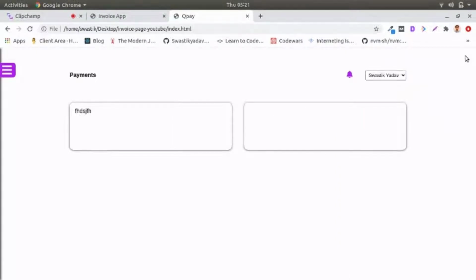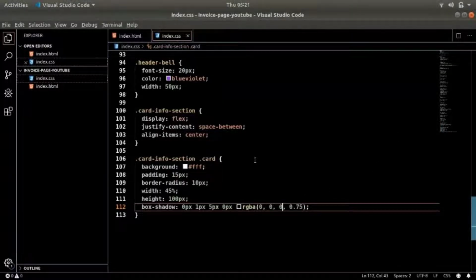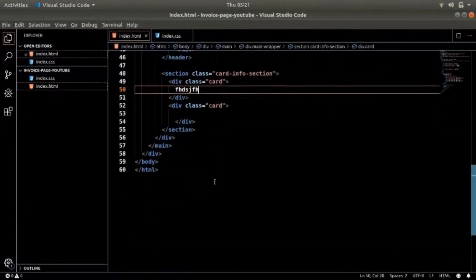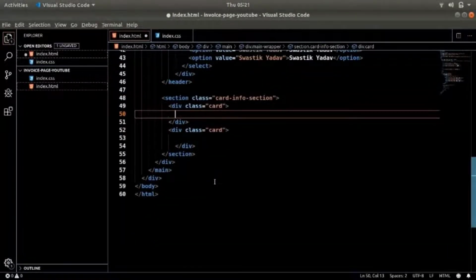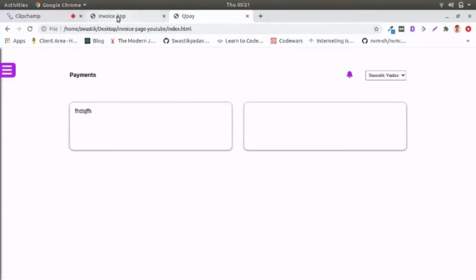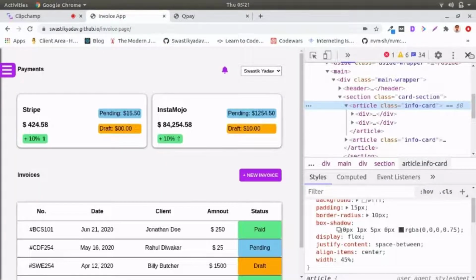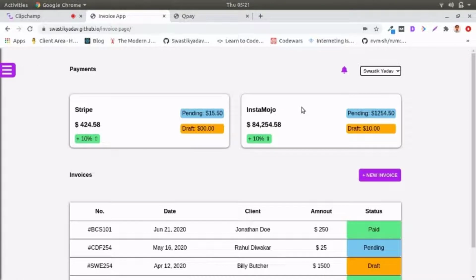Okay, now what we will be doing is let's go and just remove this thing, and let's actually build this one over here. So again, here if you look, we have two kinds of sections. One is this one and one is this one, which is again aligned horizontally with the display flex, right?